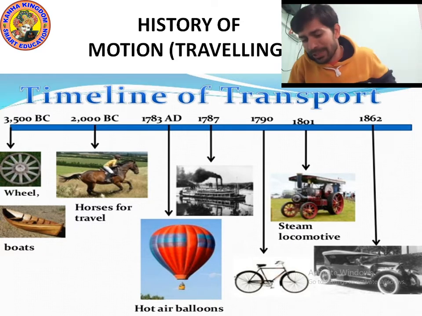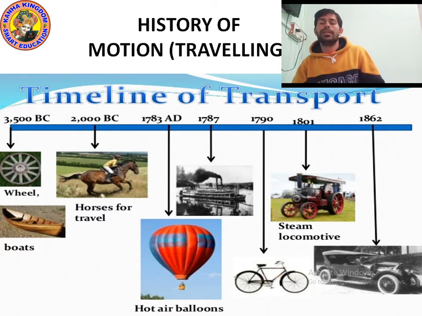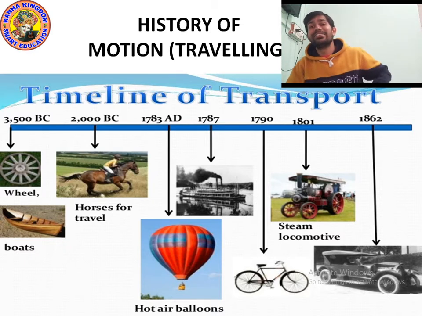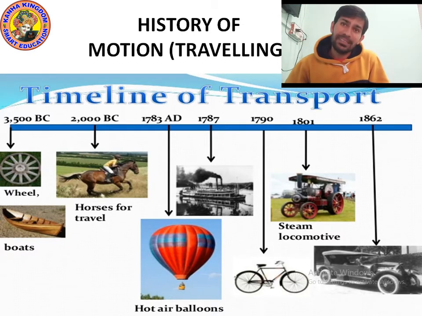In old times, people actually had no idea about motion, about traveling. Because the people lived in the forest, they didn't even wear clothes. Then they learned how to make clothes. Then for the first time they made wheels, wheels of wood. They made a wooden wheel,